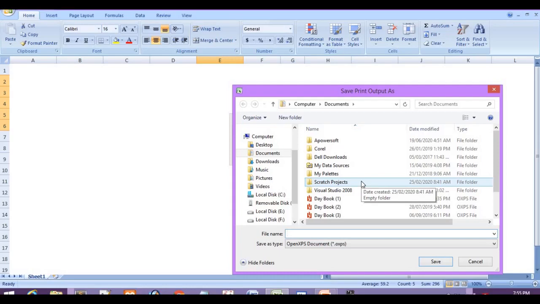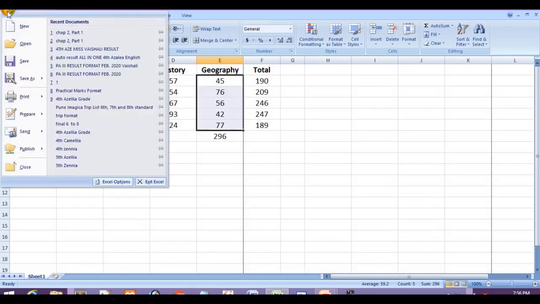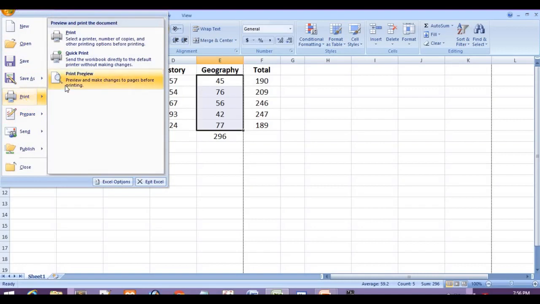Now the print is not available here because I do not have a printer, so the hard copy of the data is not available. But in this way you can print your Excel sheet data on paper. Just go to the Office button, click on Print and you will get the print. So our fourth point from the chapter, printing in Excel, is over.